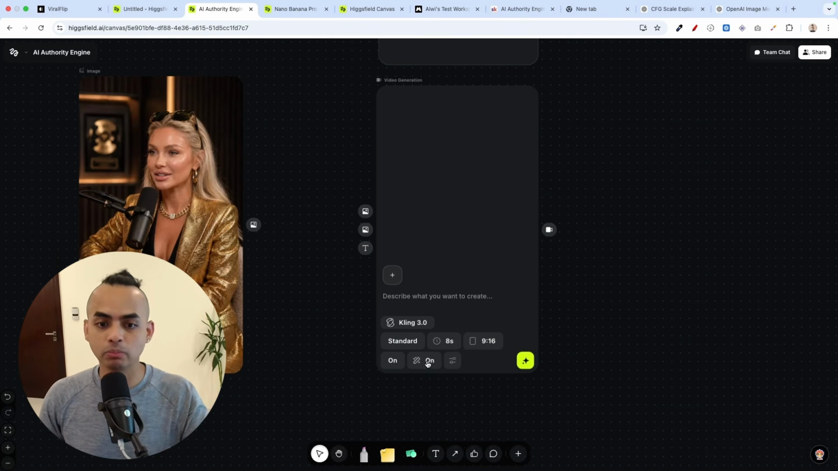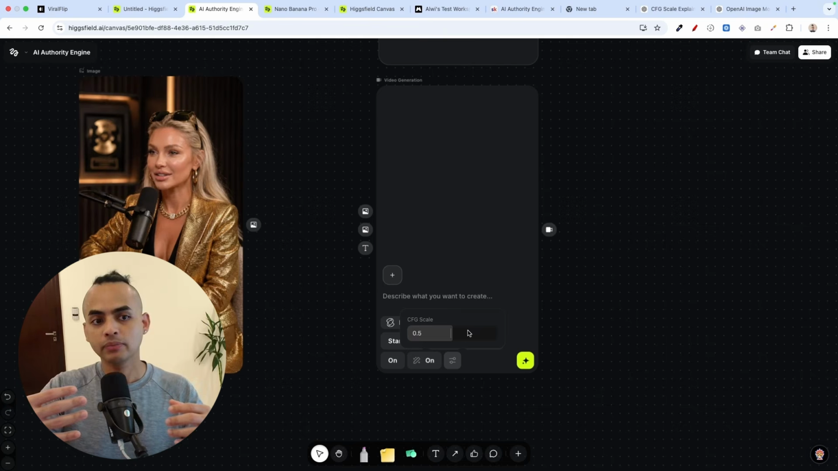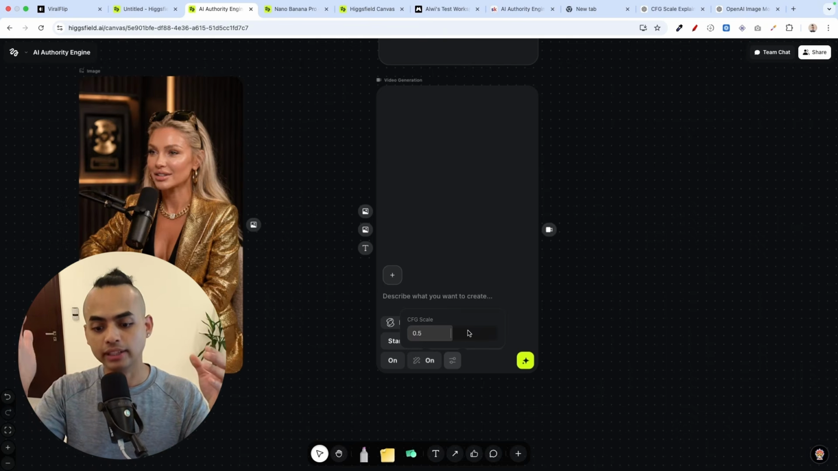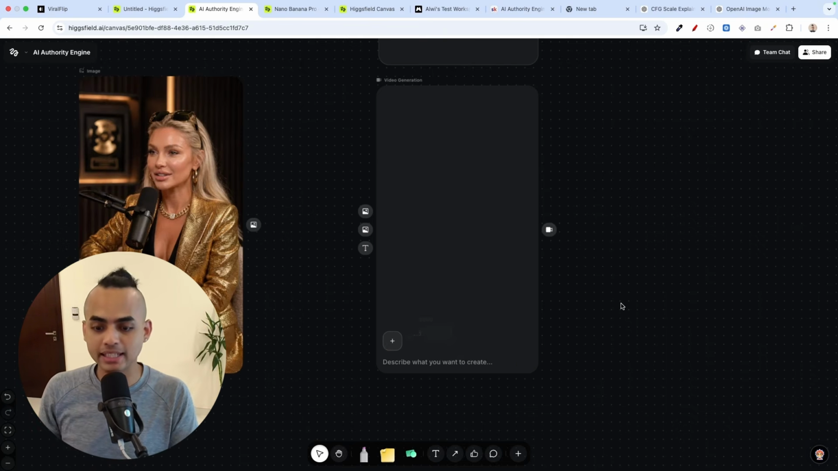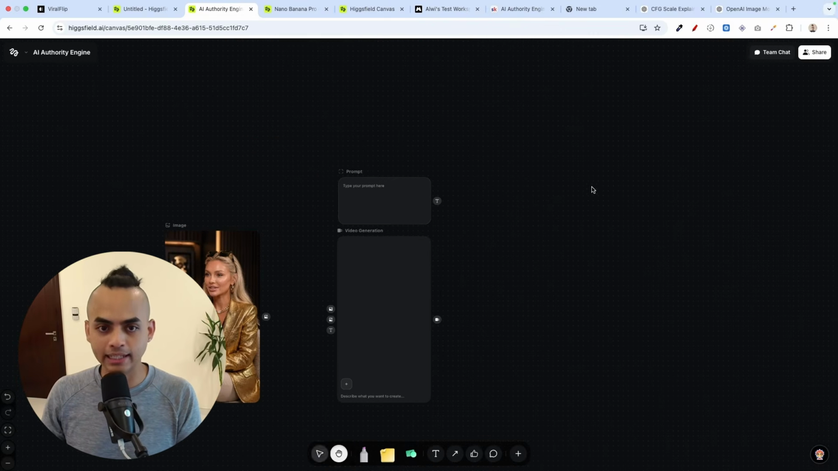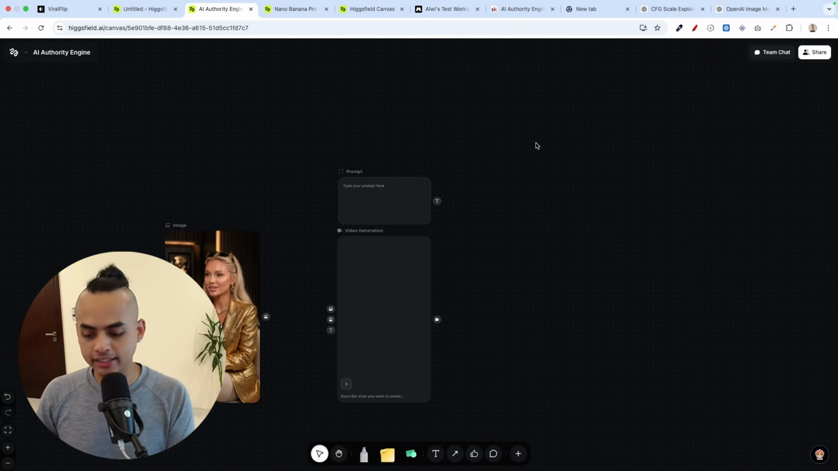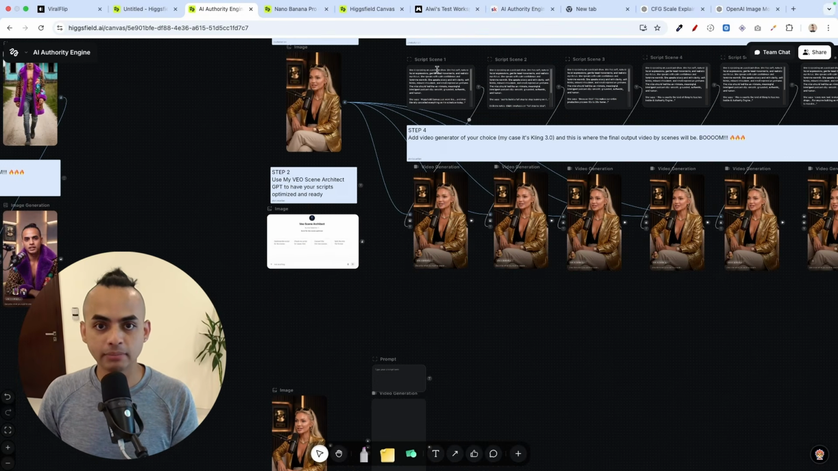And enhance prompt, which means that Higgsfield is just going to help enhance your current prompt. And CFG scale here basically says, does the AI tool have license for creativity or enhancement, right? So 0.5 is basically 50-50. It's almost like likeness, okay? So now that we understand that, the next thing that we want to do is I'm just going to grab